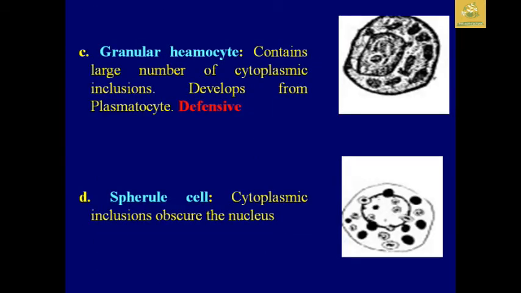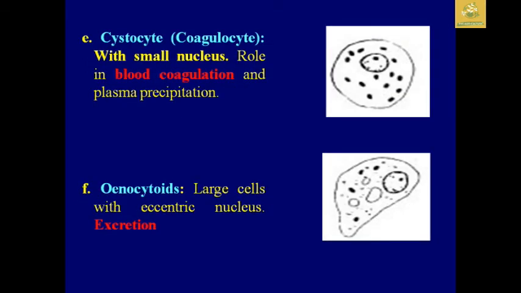And the glandular hemocytes are known for a large number of cytoplasmic inclusions, which also develop a defensive mechanism in the insect body against microbes. The spherule cells are where the cytoplasmic inclusions obscure the nucleus. The cystocytes are known as the coagulocytes, which have a small nucleus and play a role in blood coagulation